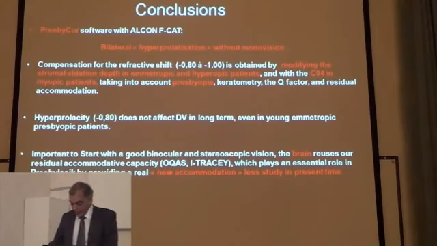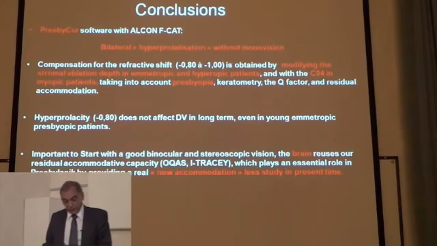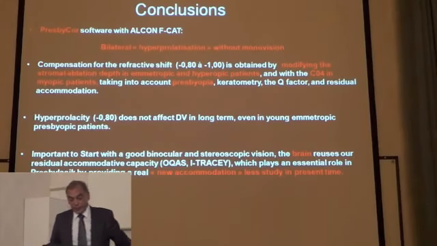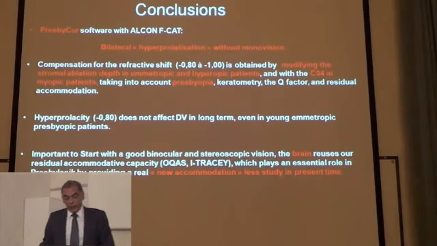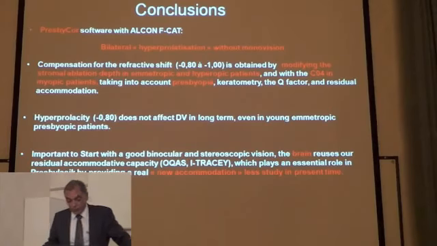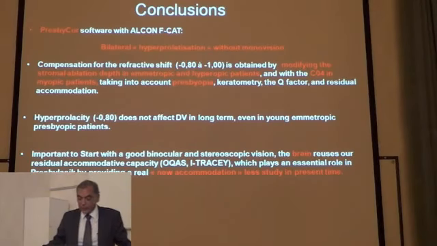Residual accommodation is, I can speak after about that. Hyperprolate does not lose distant vision in the long term, even in young emmetropic presbyopic patients. And it's very important to start with a good binocular and stereoscopic vision because all is very tight. The brain reduces our residual accommodative capacity, which plays an essential role in presbyopia by providing a rail